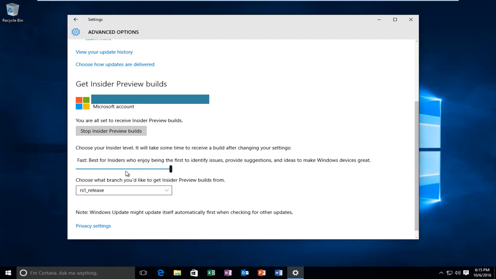You can set it to whichever setting you want, so you can very easily change it. Just keep in mind how much risk you're willing to take when setting this, because you really don't want to be on the fast ring if you're not prepared for some serious issues happening on your computer. I'm sure if you're in the Insider Preview build program long enough, you will run into issues. So just keep that in mind, and otherwise I hope you guys enjoyed this brief tutorial,